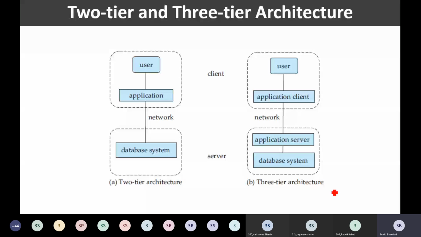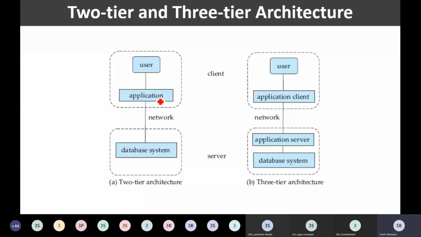So here we have two partitions. At the server side, if you look at this slide, we have the database system. And at the client side, we have the user along with the application. So what do we mean by that? The application actually resides at the client machine. I'll repeat. The application actually resides at the client machine and the user is making use of this application program